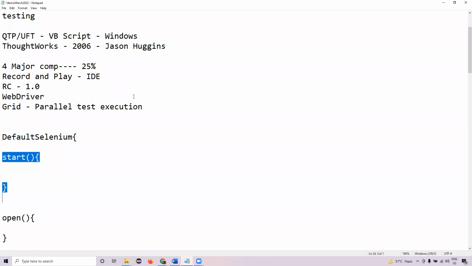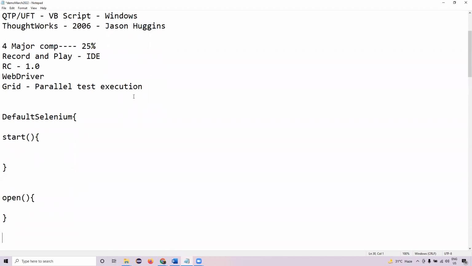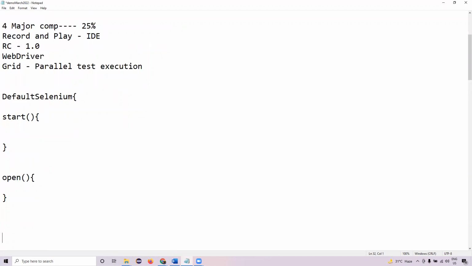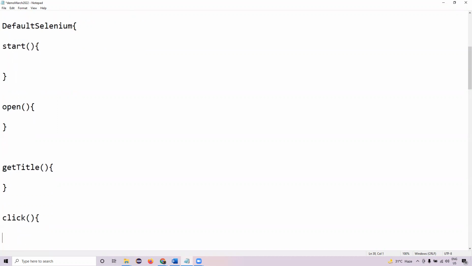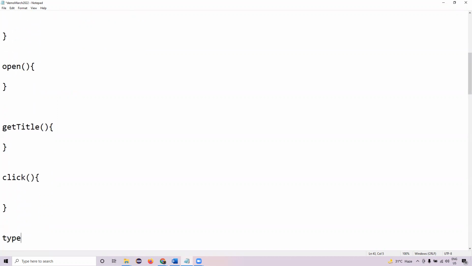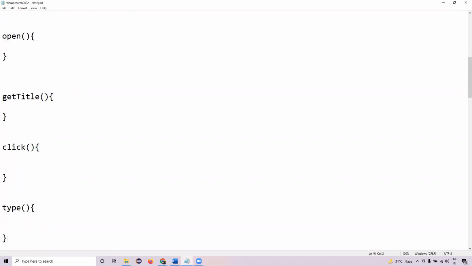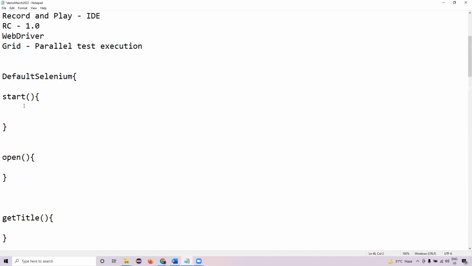After launching a browser, you need to navigate to a website. So there's a method called open for that web page. After opening the web page, you want to get the title of the page. So there's a method called getTitle. After that, you want to click on any button or link, there's a method called click. After that, you want to type, there's a method called type. So one by one, they have created a huge collection of methods, and they have kept all the methods inside this